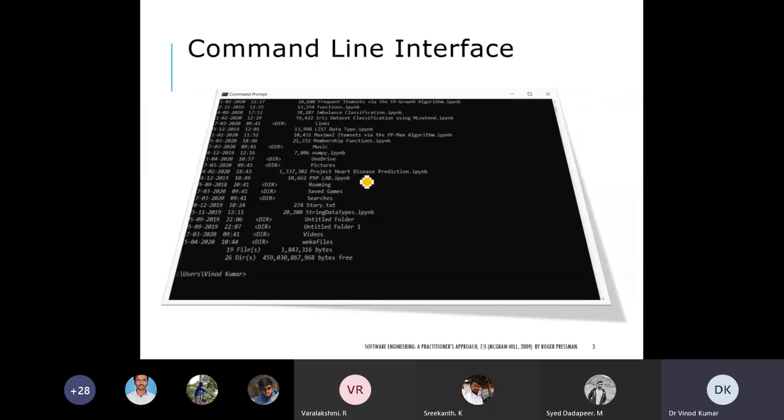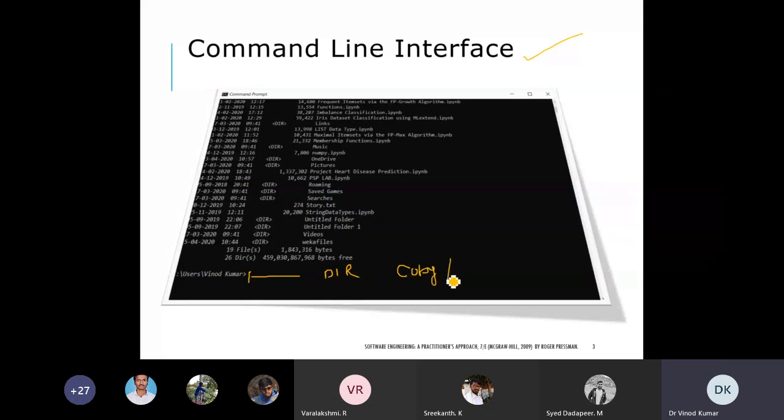So for example, you can see this one, command line interface. You see here how command line interface works. We need to write the commands here. Suppose I want to list the files and directories, then I need to use the dir command. If I want to copy, then I have to use the copy command.